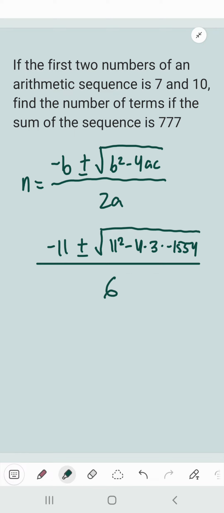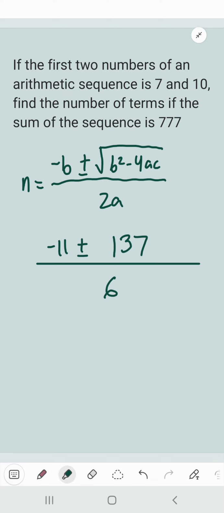Simplifying the radicand, you can use a calculator here, and we can eventually end up with 18,769 as the radicand. And you can still use a calculator to get the square root. So the square root of 18,769 is equal to